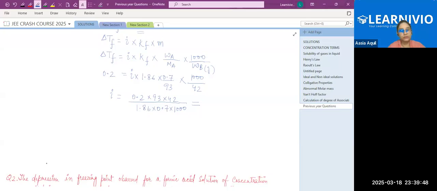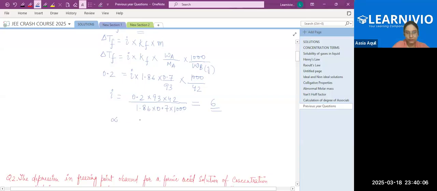You can use a calculator also. Okay, so see, i will be equal to 6. And we know the formula for